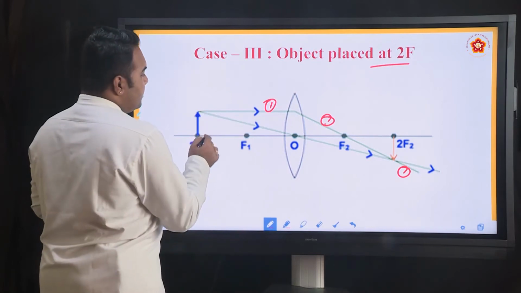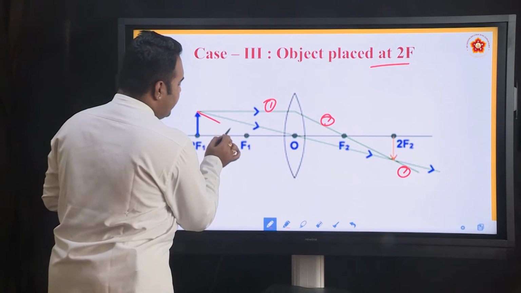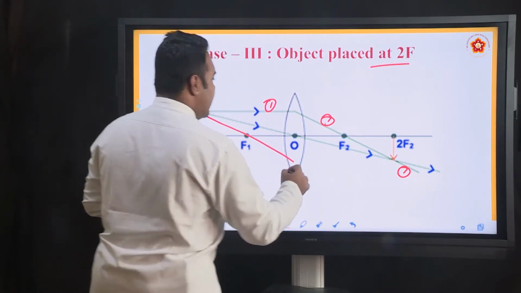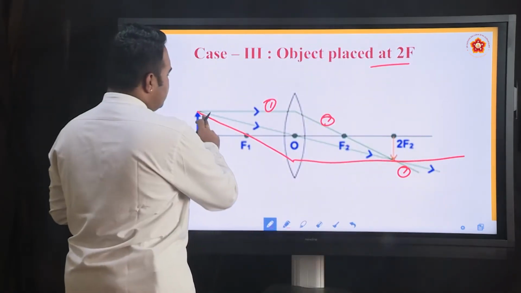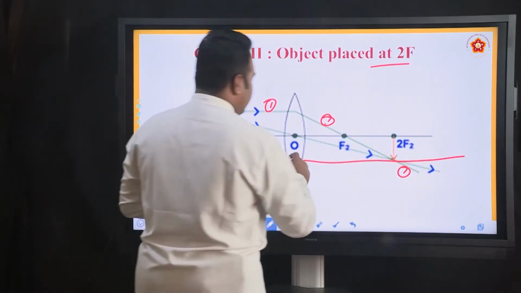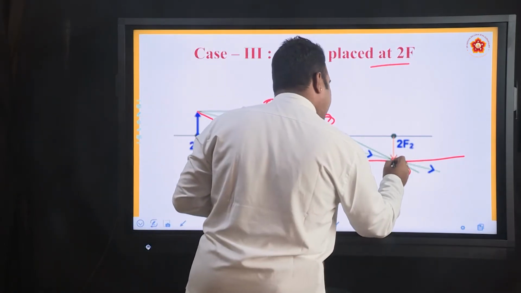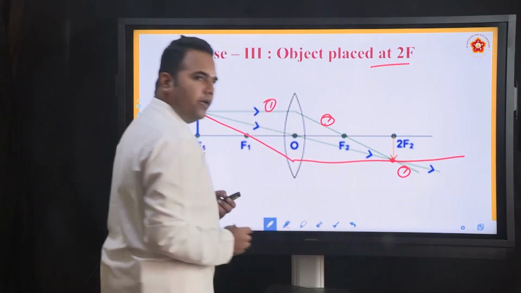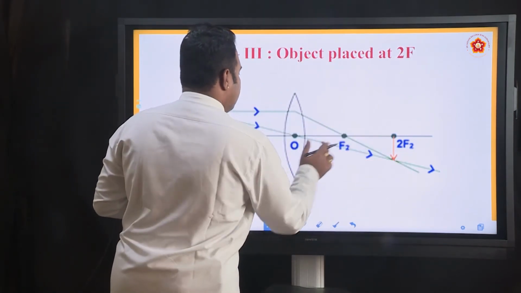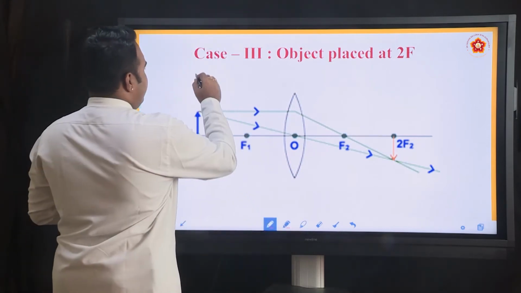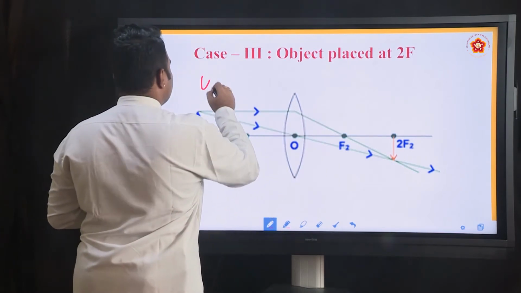Now you might wonder, can we use rule 3 also? Definitely you can use rule 3 also. Any ray of light passing through the focus, after refraction emerges parallel to the principal axis. So if you use your scale and pencil and draw, you find that these straight lines, when drawn correctly, exactly form the image at this point only. So therefore you can use rule 1. For constructing the image you can use any two of the 3 rules.